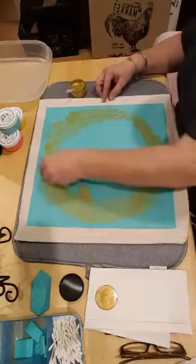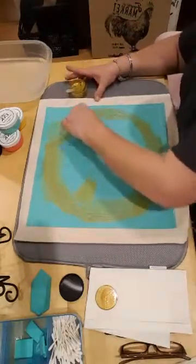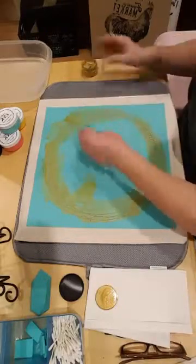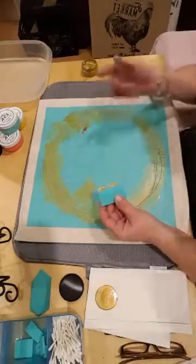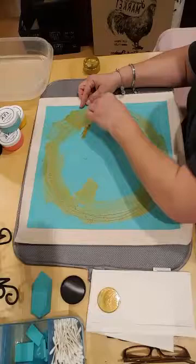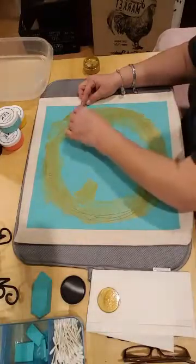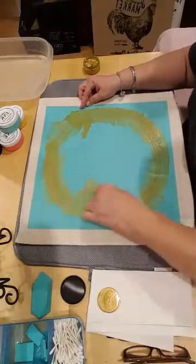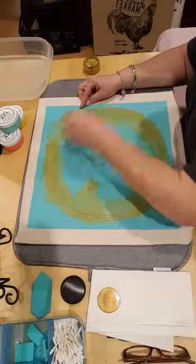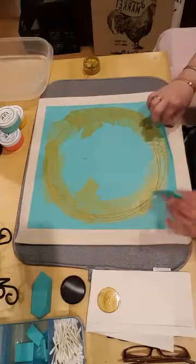So, and another thing I like to do is I like to go back in all directions to make sure I got good coverage. Especially if it's a coarser weave to it, like a burlap. Try to go back in different directions, make sure that you're getting that coverage that you need on it. But again, not too much. You don't want to apply too much pressure because you're going to get